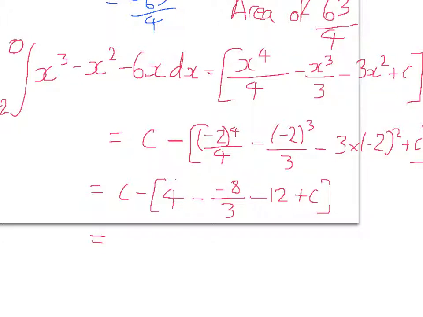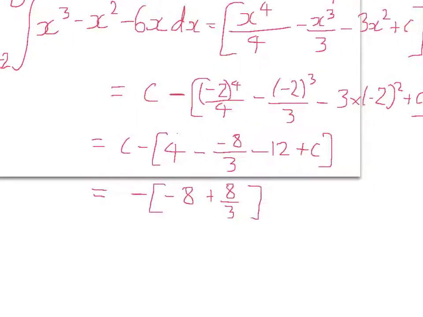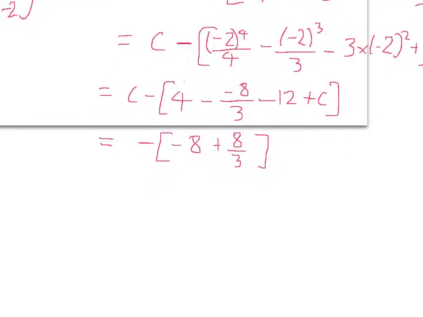And if you sort this part out, the c's yet again will cancel out, and we've got 4 minus 12. Let's just sort out a bit in the brackets. I'm now assuming that we've cancelled the c's out. So 4 minus 12 is minus 8, and we've got minus 8, which is going to be plus 8 over 3. If we sort that part out,